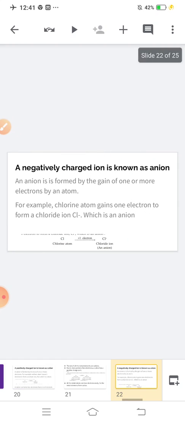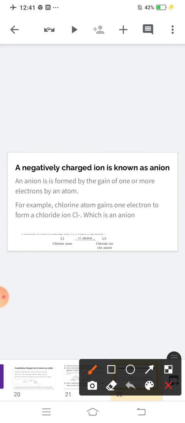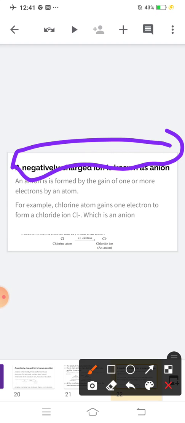Clear? Now, what do you mean by anion? Basically, a negatively charged ion is known as an anion. What will they do? They will gain one electron. If you take money from any person, you will automatically carry a negative sign. So in this case also, if an atom takes one electron from any other atom, it will carry a negative charge. The example for this case is your chlorine. Clear? Cl always takes one electron, so it will become Cl minus. Is this clear?